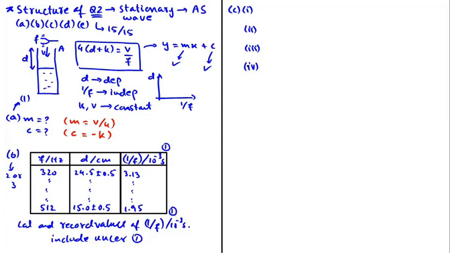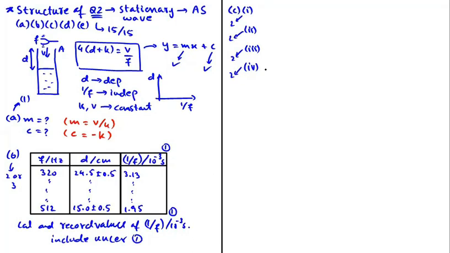Students, remember that if the expression for y-intercept in the graph question is 0, then C part has 3 subparts. But if the expression for y-intercept is not 0, like in this question, y-intercept is equal to minus k, then C part has 4 subparts. Each subpart carries 2 marks. So C part as a whole carries 6 or 8 marks, right?